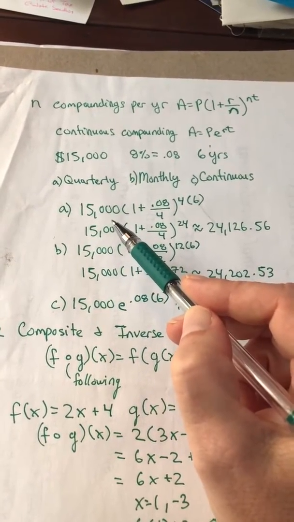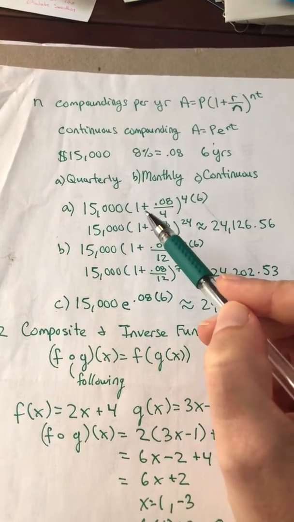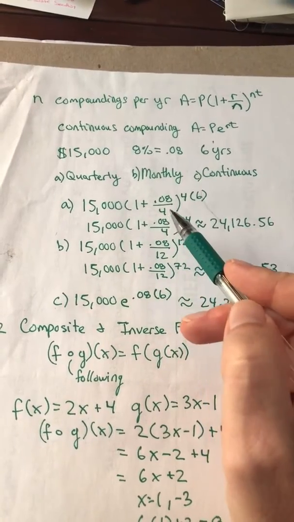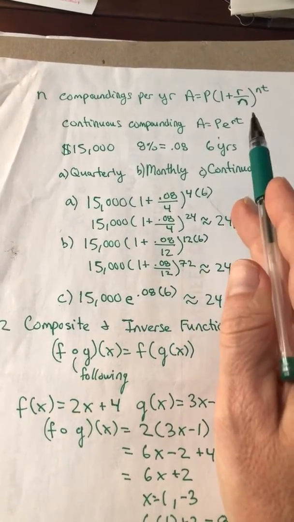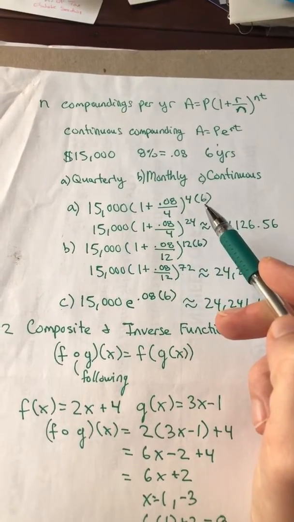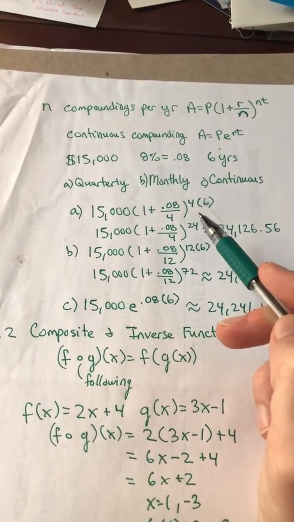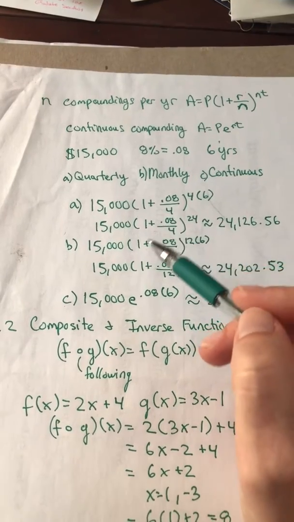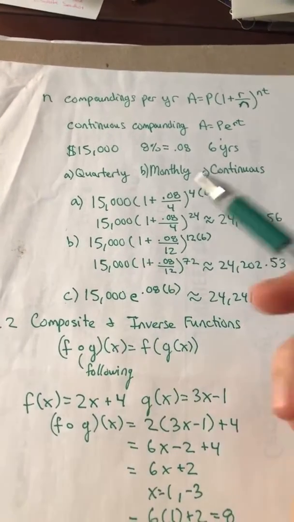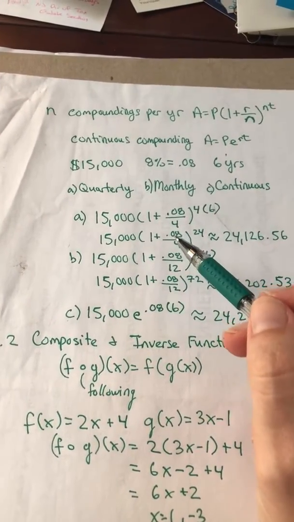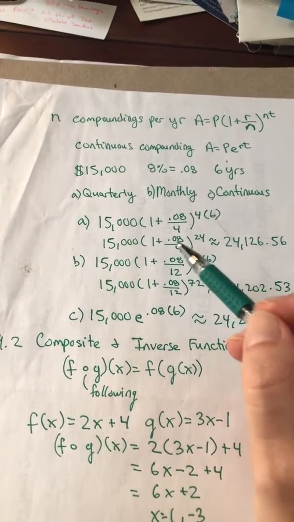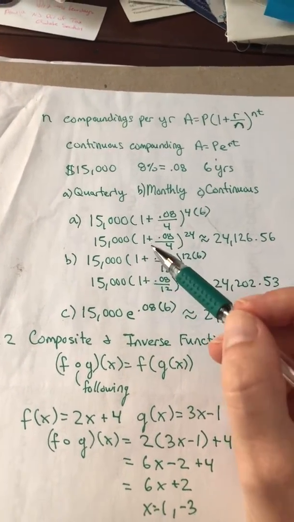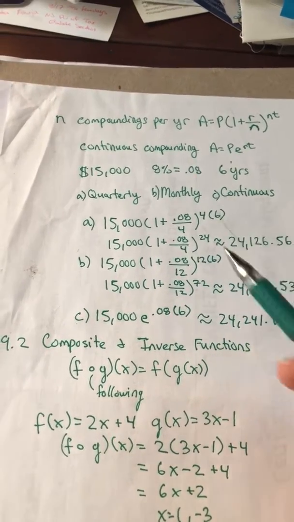You're going to start off with 15,000 times 1 plus your rate, 0.08, over quarterly, 4, to the 4 times how many years? 6. So again, do that in your head, 24. And then you're going to plug into your calculator: I would do 0.08 divided by 4 plus 1, and raise all that to the 24, and then multiply that by 15,000. And you get approximately